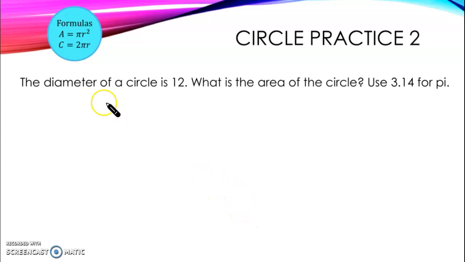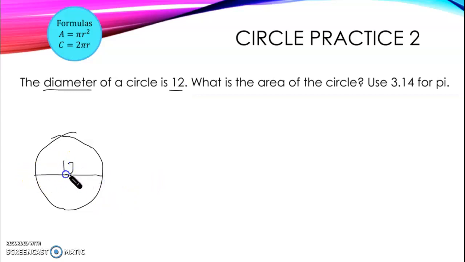Okay, next we have a diameter of a circle is 12. What is the area of a circle? Use 3.14 for pi. Okay, so I would highly recommend drawing a quick sketch in your notes of something like this when they don't give you a diagram. The diameter of the circle is 12. So the diameter is the full distance across, and that distance is going to be 12. The area is going to be pi r squared, so we're going to use that formula,